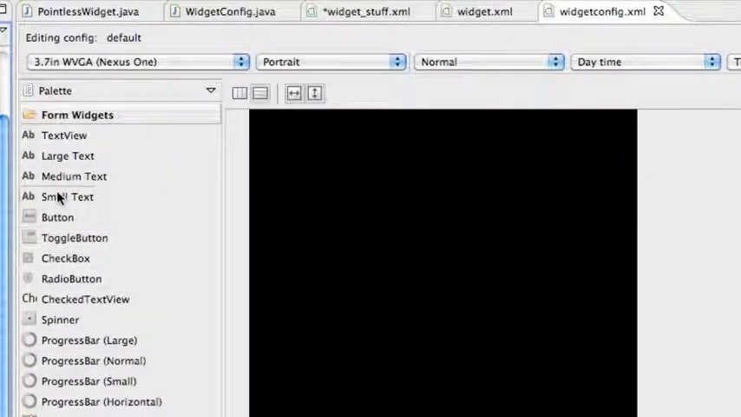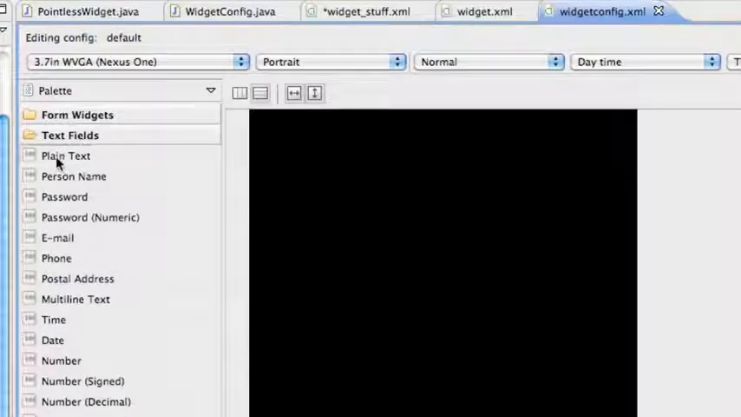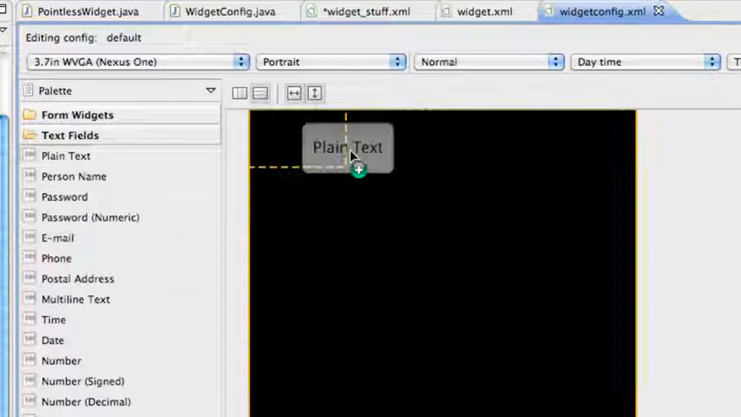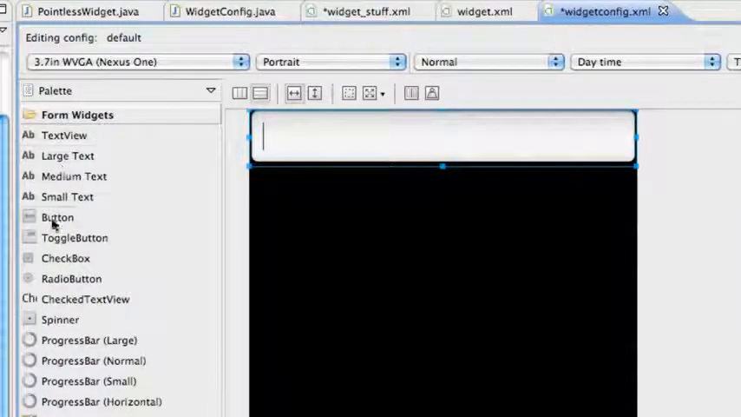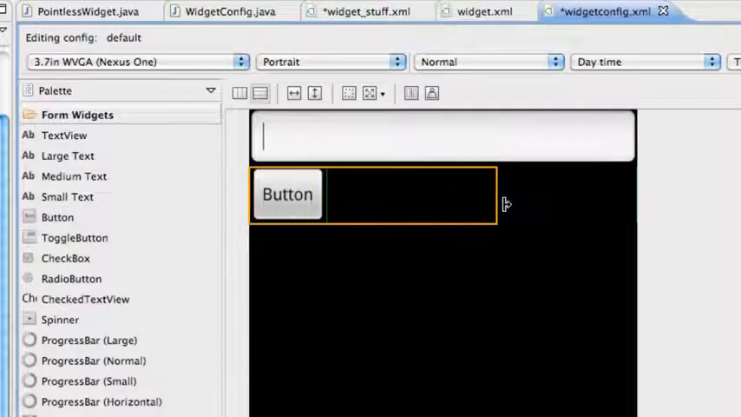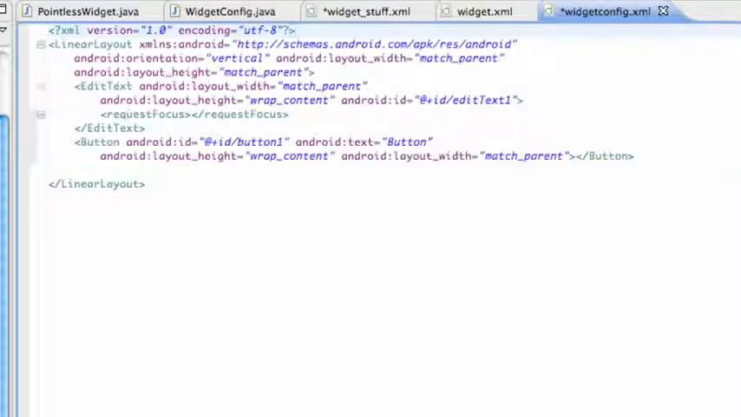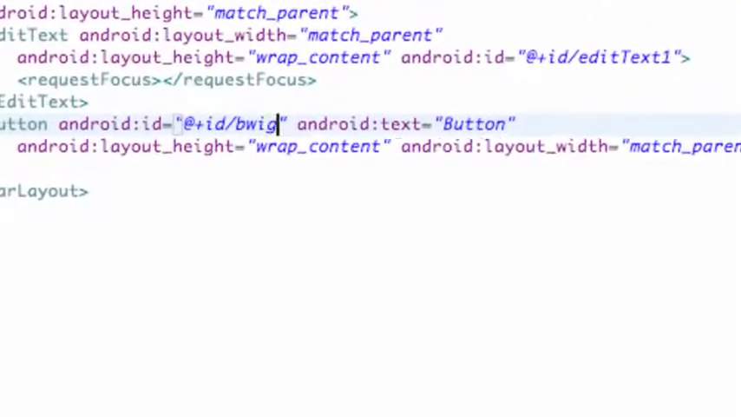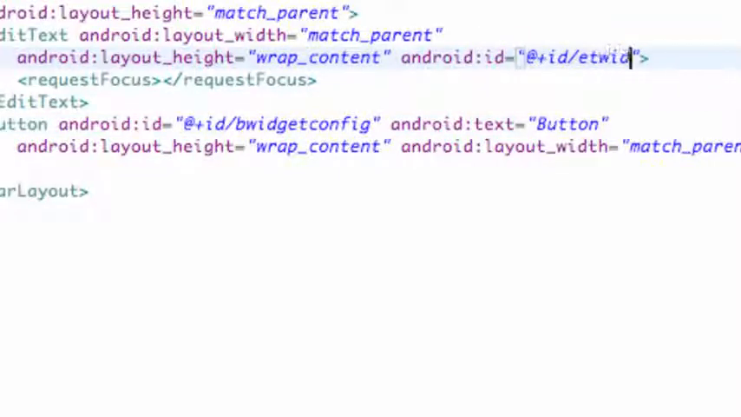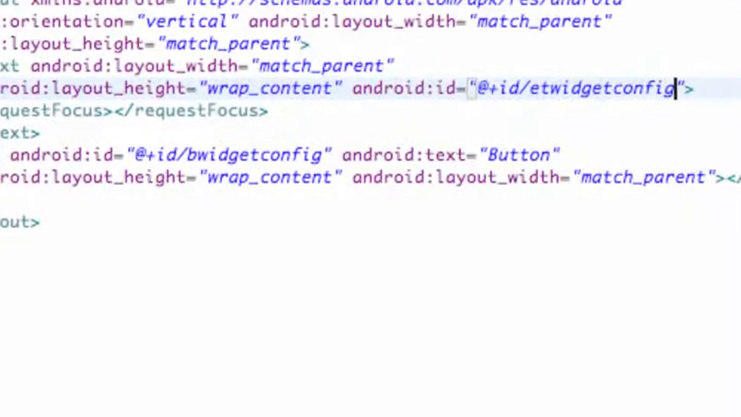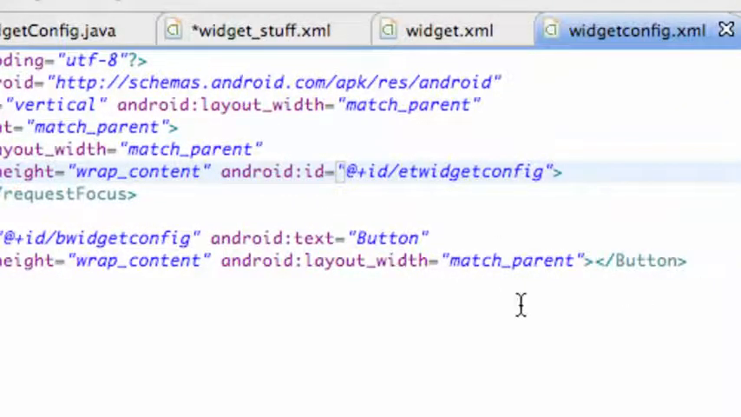All we're going to have is an edit text and a button. So text fields, drop in an edit text, and also drop in a button. I like this new version of the ADT where you can just size it like that. But what we're going to do is switch over and just make sure we have our references the same. So we're just going to have our button be widget button widget config, and we're going to have our edit text also just be et widget config. There we go. We have our layout for our widget configure class set up,